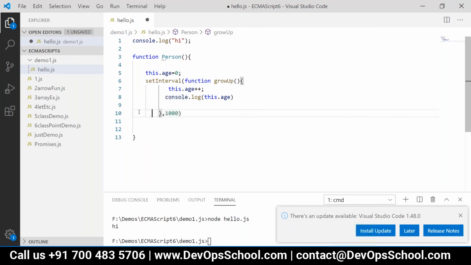Just run this and check the output. For running it, before that, what you want to do? You need to create an object of person. So let us create var p1 equal to new person.